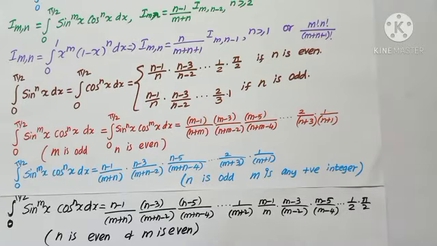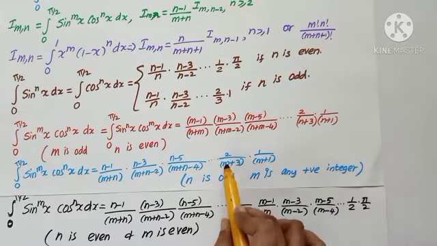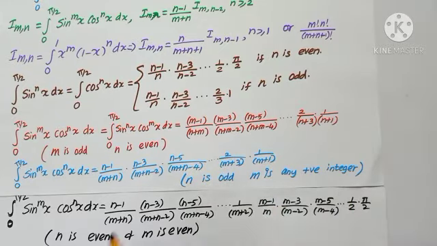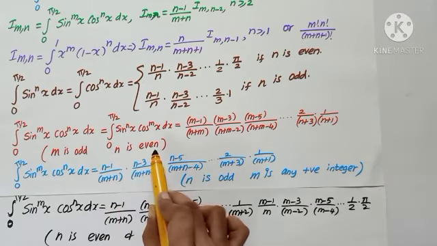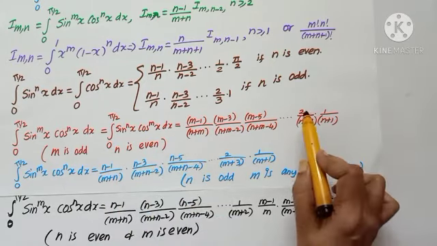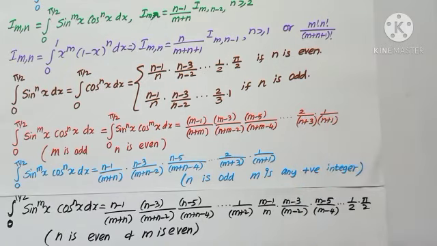If n is odd and m is any positive integer, we have this format. In the denominator, in all the patterns, it is m plus n, keep reducing by 2. When n is odd and m is any positive integer, I stop with 2 by m plus 3. When m is odd and n is even, I stop with 2 by n plus 3 into 1 by n plus 1. If both are even, we stop with